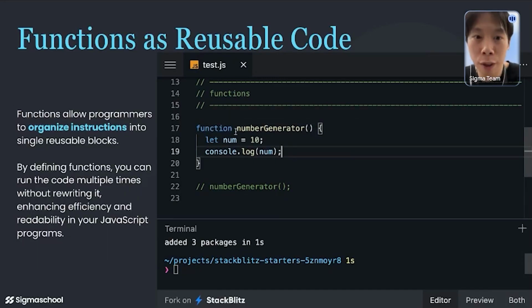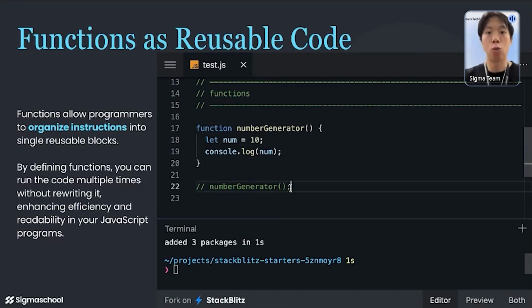When the letters here highlight in yellow and you have parentheses, it tells JavaScript this is the name of the function. So I'm creating a function with the name numberGenerator, and these curly brackets tell you what the organized instructions will be.